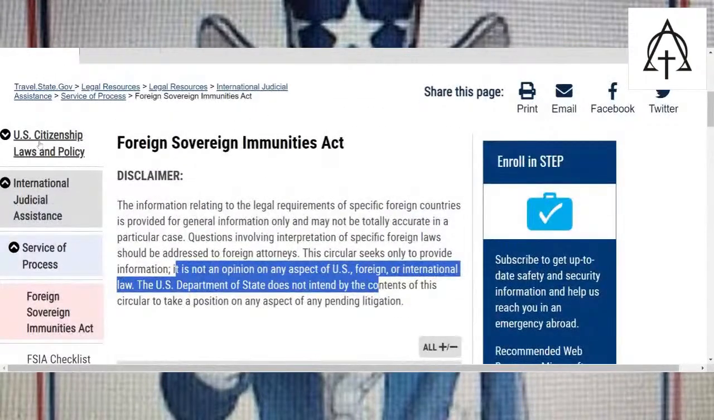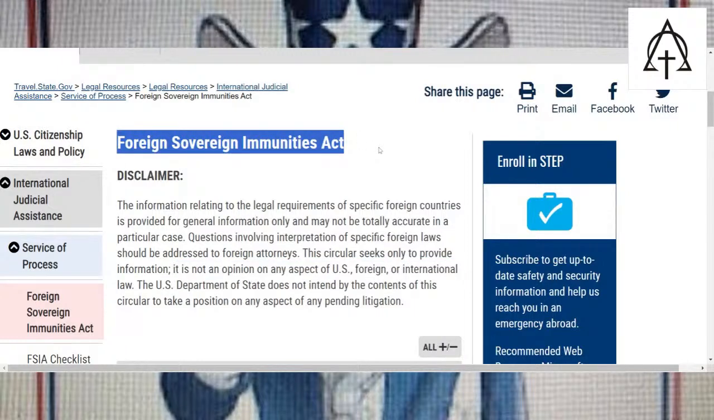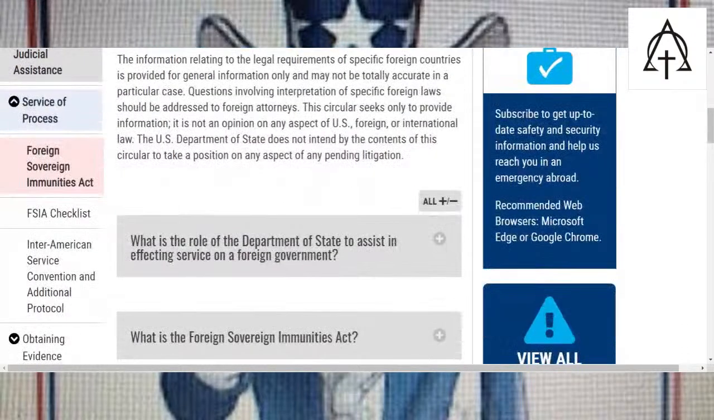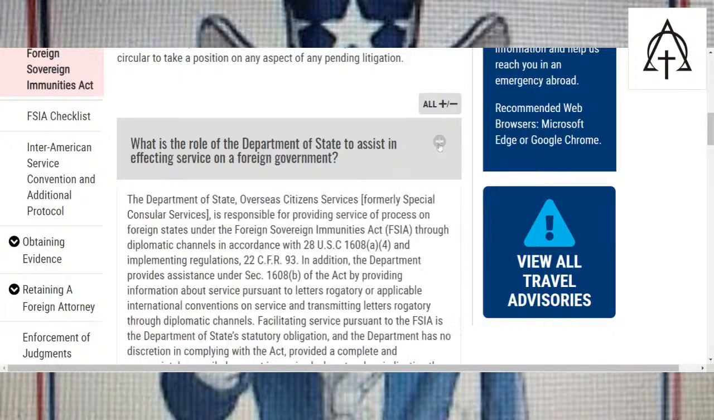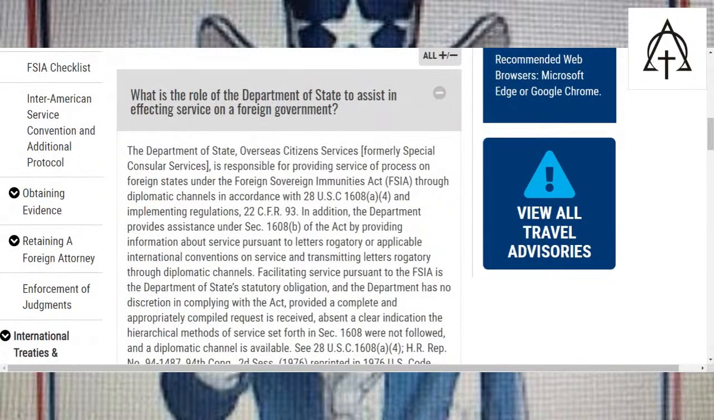And you see over here at the side, it's got U.S. citizenship laws and policies, international judicial assistance. So when we have a problem with the local judicial system, we have an international venue we can go to, and that's through the Foreign Sovereign Immunities Act. What is the role of the Department of State to assist in effecting service on a foreign government? Now, this is what I talk about with the diplomatic service, where they have a certain section, 22 CFR 93.1